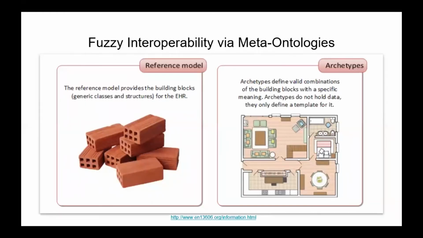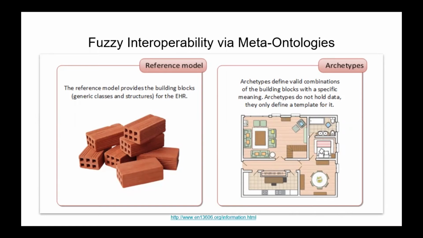So now moving on to the more interesting realm of semantic interoperability. And here's where we want to introduce the concept of fuzzy interoperability. We're all familiar, I think, or many of us, with domain-specific ontologies. But this concept of fuzzy interoperability, which I found to be best described in this ISO standard developed by my friend Thomas Beal of OpenAIRE,